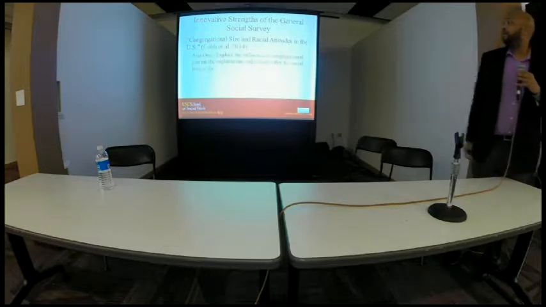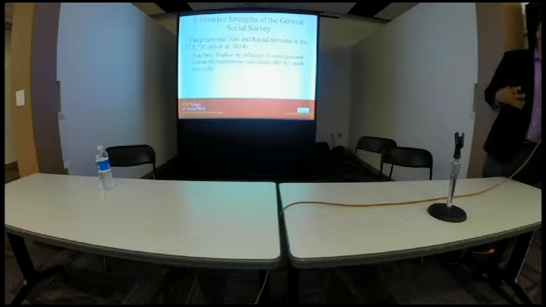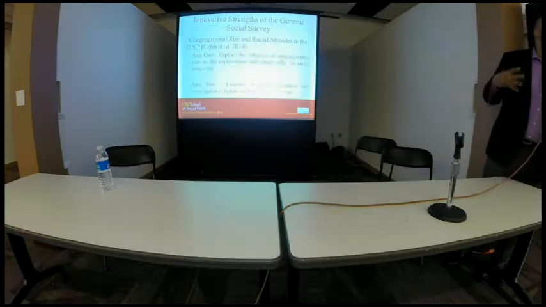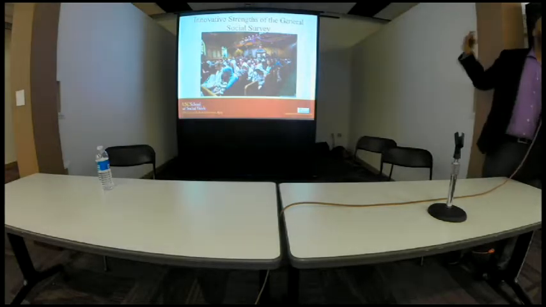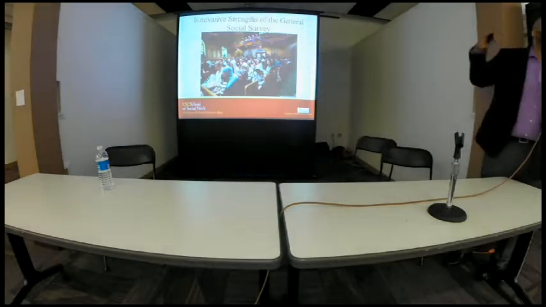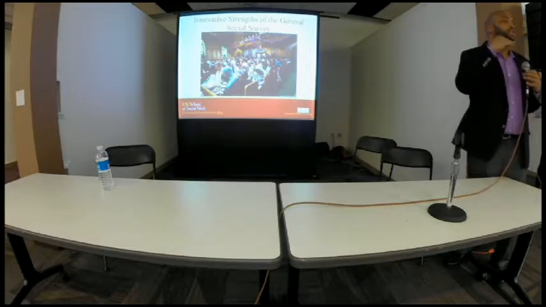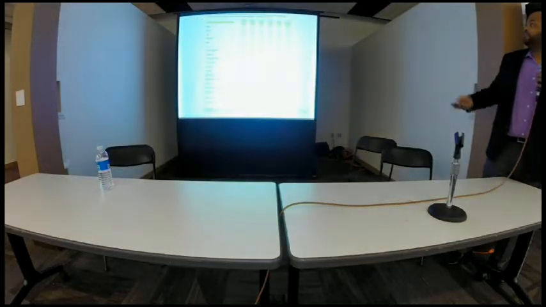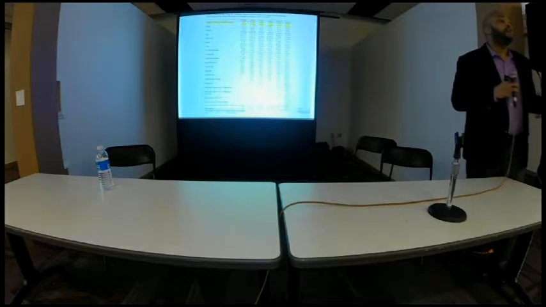So our aims inside this study: number one, we want to explore the influence of congregational size on the explanations individuals offer for racial inequality. And number two, we want to see if there are other organizational or individual level factors that also contribute to racial inequality attitudes. So we use the survey described prior, the merged version of the General Social Survey with the National Congregation Study, so we can examine how organizational characteristics shape racial inequality attitudes among religiously active Americans.